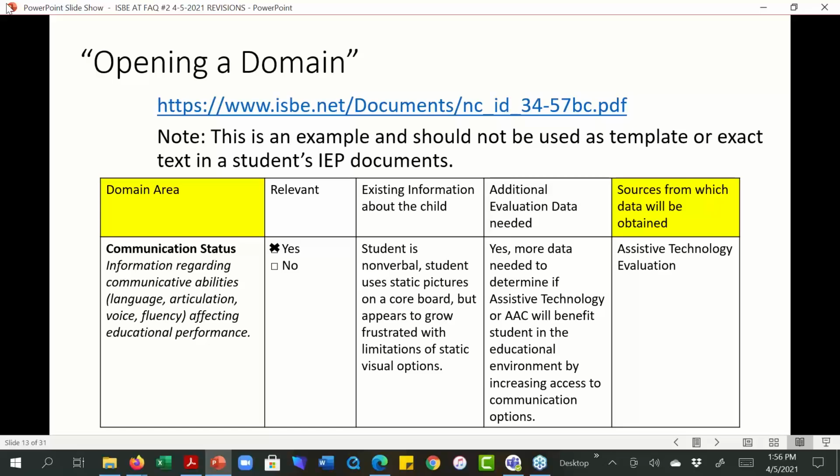That big assistive technology evaluation will go under sources from which the data will be obtained. And you write in assistive technology evaluation. So kind of have to think about separating some of these concepts out. Okay, so is the additional evaluation data needed? Yes, and here's why. How are you going to get that data? AT evaluation. Now, if you had an AT specialist on your team, that might not be necessary.